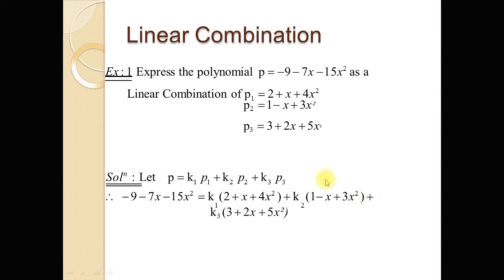So you see over here, this is a very simple example. Choose the scalars and then express the equation P is equal to K1 P1 plus K2 P2 plus K3 P3. After constructing this multiplication and addition, you will obtain one expression on the left hand side and another expression on the right hand side. Then comparing the like terms, you will obtain a linear system of equations. In this linear system, the scalars K1, K2, K3 will be present, and solve the system for the values of K1, K2 and K3 by any method which we have already discussed in the previous video lectures.